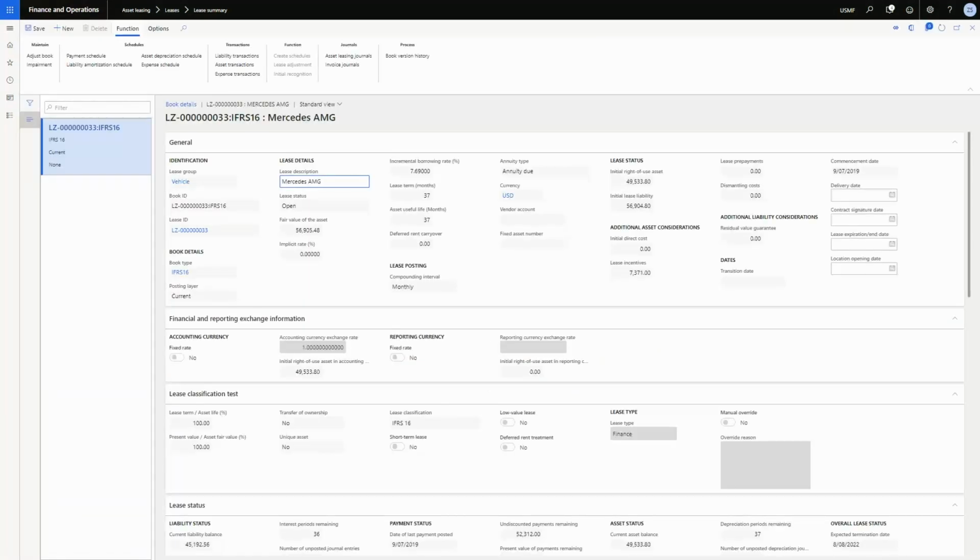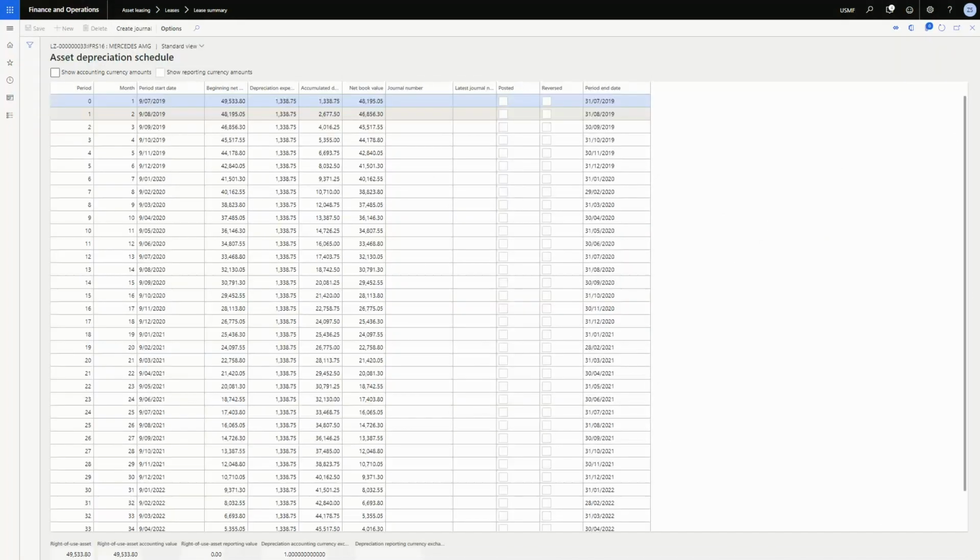So once you have defined that lease liability, you can post your asset depreciation. Within this asset leasing solution, the calculation is made based on the straight line method. As you remember, when I created the lease summary, I defined 37 periods including period 0. So based on that, the system has made the calculation based on 37 periods